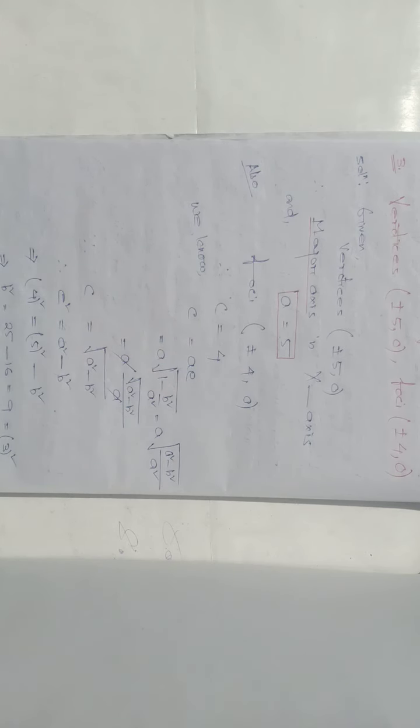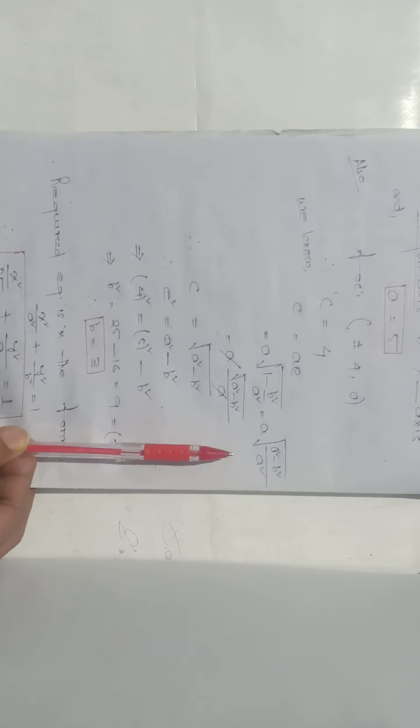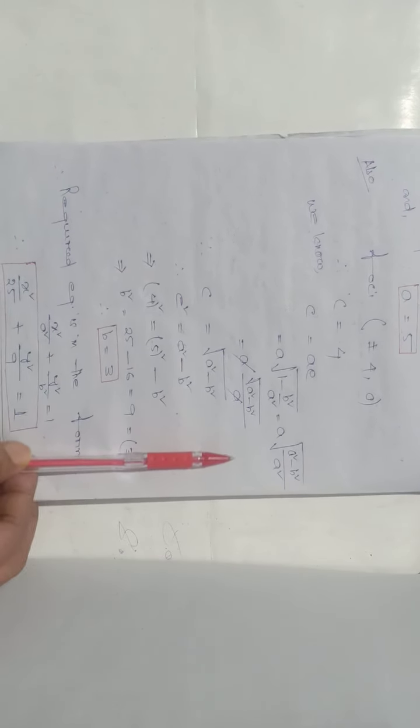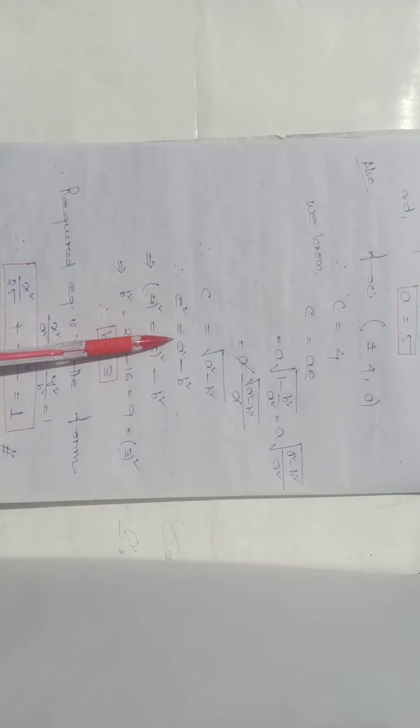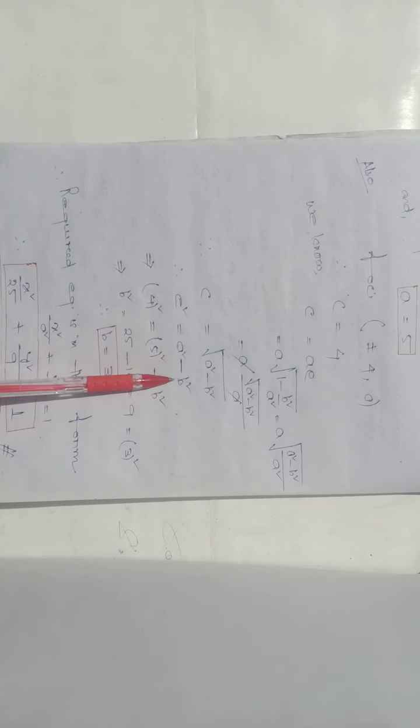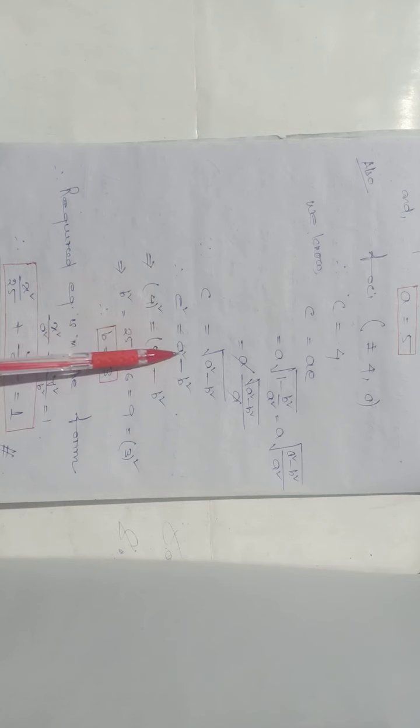We know that c equal to a into e, so a into root over 1 minus b square by a square, which is the value of eccentricity. Now a into root over a square minus b square by a square is nothing but root over a square minus b square, so we can write c square equal to a square minus b square. This is another result we can use: c square equal to a square minus b square. With the help of this, c is given 4, a is given 5, we can find out b square equal to 9, so b equal to 3.